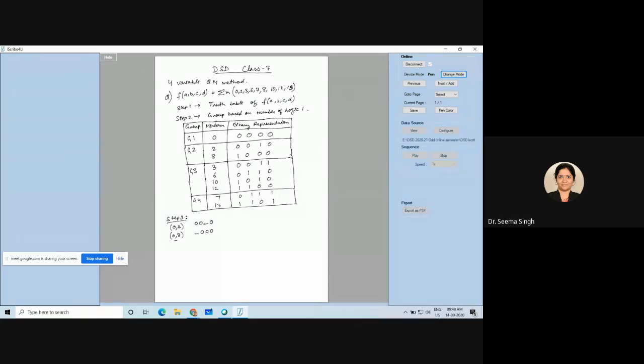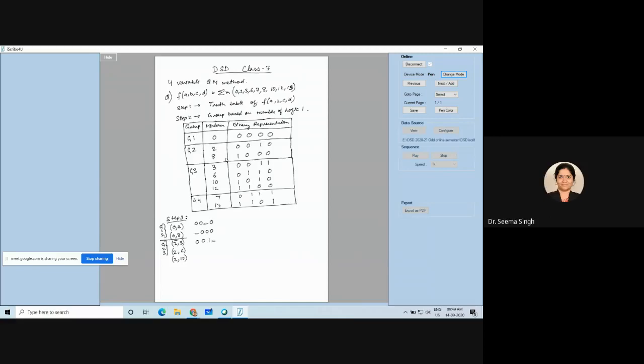So this one was between group 1 and group 2. Now I am starting with group 2 and group 3. And what is between group 2 and group 3? First one is already told. 2 and 3, that is 001-. What is the next one? 2, 6 is possible? Yes, ma'am, it's possible. So 0-10. And 2, 10 is also possible. 2, 12 is possible?